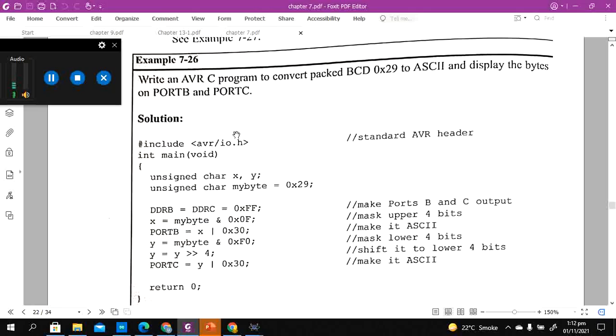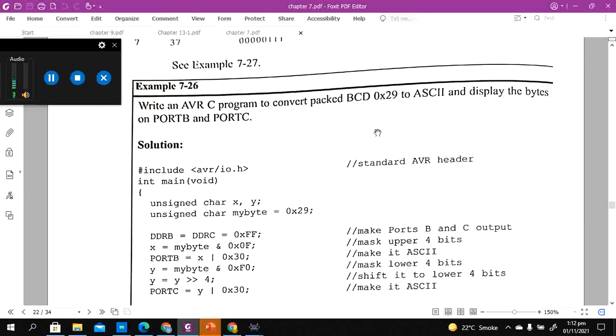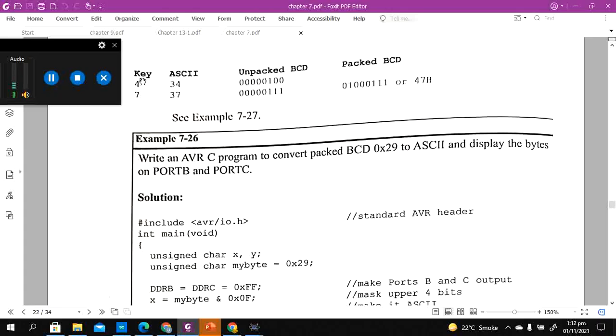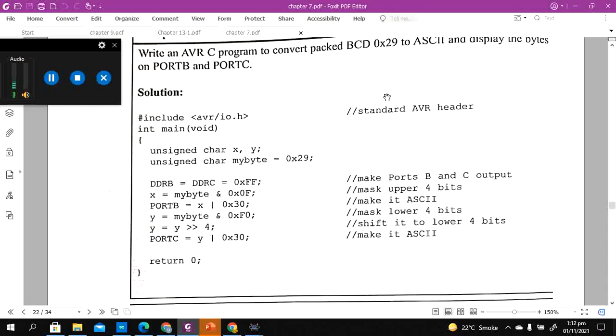Let's say write an AVR C program to convert packed BCD 0x29 to ASCII and display the bytes on port B and port C. The packed BCD 0x29 needs to be converted to 32 and 39. Like this, 47 we need to convert into 34 and 37. So what is to be done? We make a simple program.